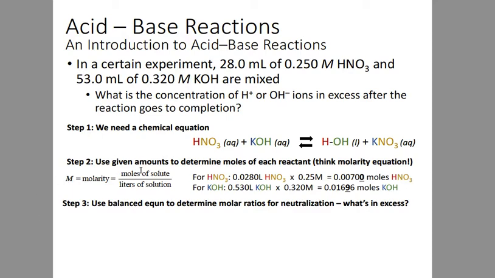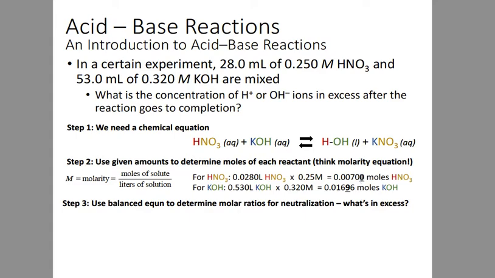We know that molarity is moles of solute over liters of solution. In this case, liters of solution would be the total solution. So in both cases, you're going to have to look at what you have. So we have starting materials, and then on the reactant side, the total solution will be the total volume of both of these together. So for our starting materials, we have 0.0280 liters of our HNO3 times our 0.250 molar, there should be a 0 there, sorry,